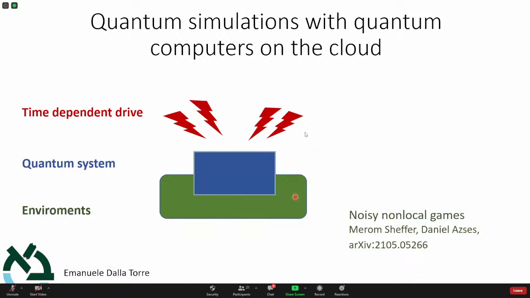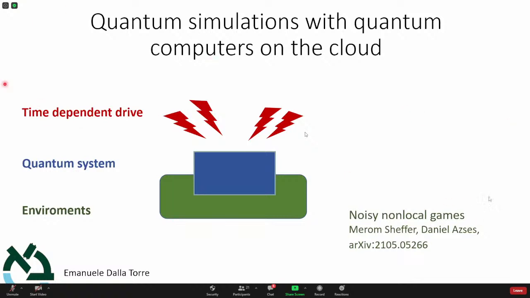And these three projects, I tried to relate them to the three parts of the quantum computer. The first project is more related to the environment, let's say the measurement apparatus. The second part is more about the quantum system itself. And the third part, we'll see if we have time, is about the drive. Okay, so this is what I have to do.